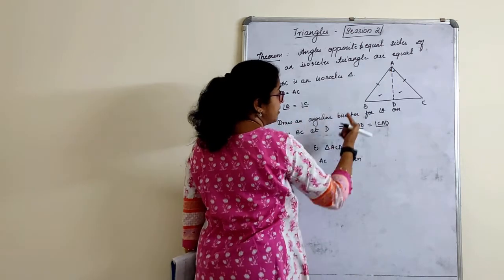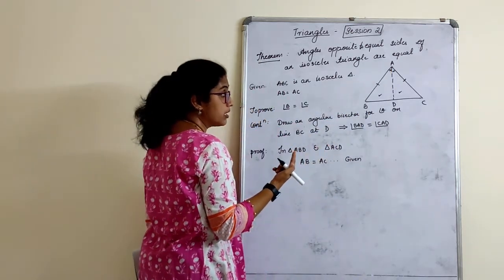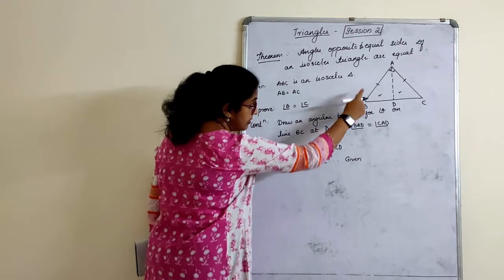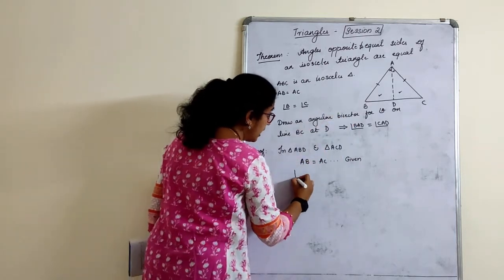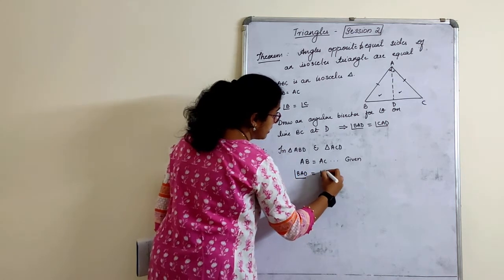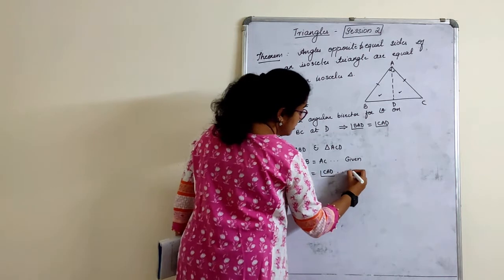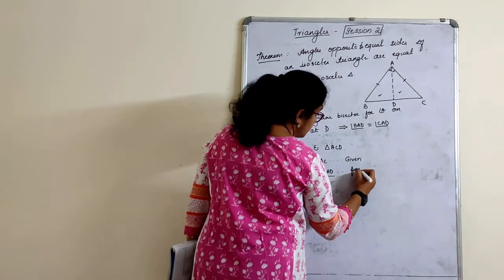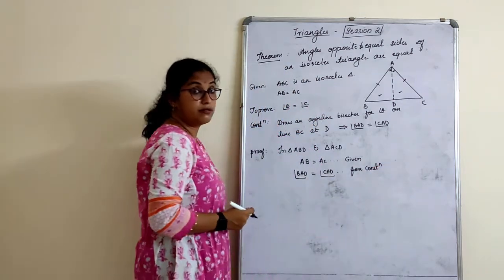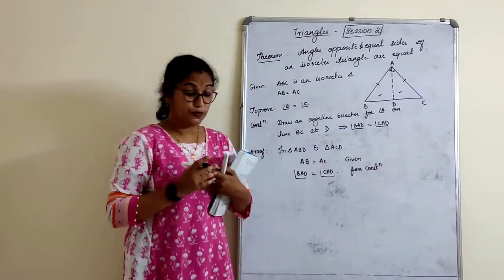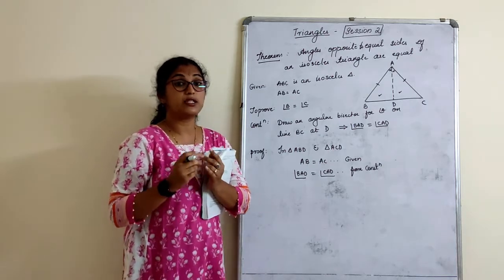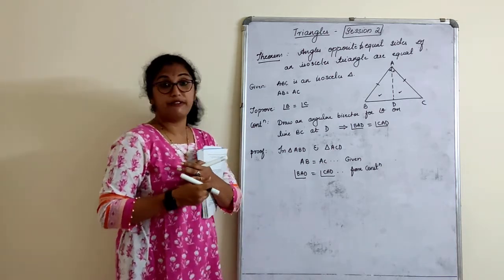Then what else do I know here now? This is one angle which is equal. Apart from that, what else is equal? First we will write the angle. The side we have already written. Angle BAD is equal to angle CAD. Reason: from construction. Now, whenever we check for congruency, our first and foremost thing is that whatever we can write from the given, we write.